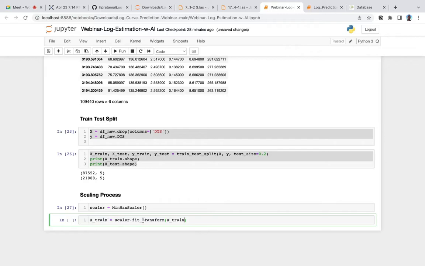So the scaler will fit and transform the xtrain value into a value which has a range between 0 and 1, and then we do that again to the xtest. But this time we only use the transform because we have done the fit on the train dataset.